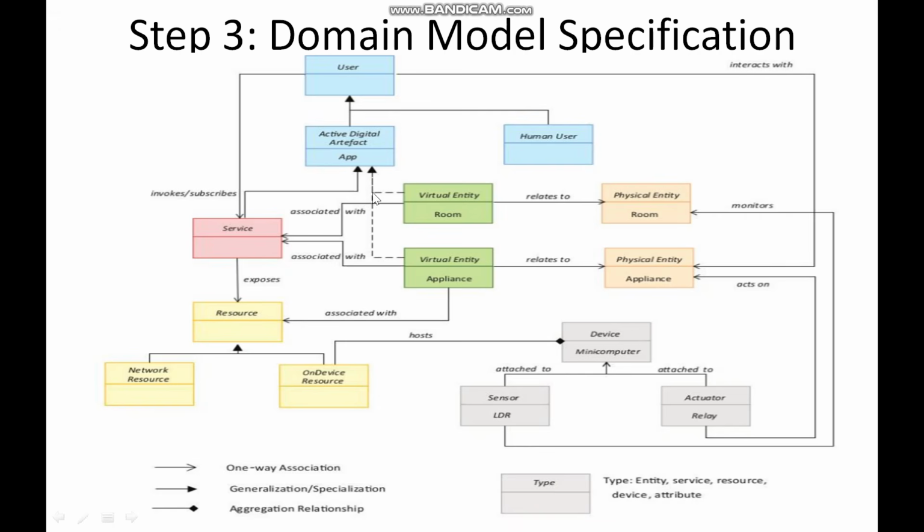And now if you look at these arrows, which are very clear from your object oriented analysis and design subject, you know your UML diagrams and the symbols corresponding to it, this symbol is your one-way association, a plain arrow, and then this bold arrow tells about the inheritance. So here there are some common things which is inherited from the resources, the network resource and the on